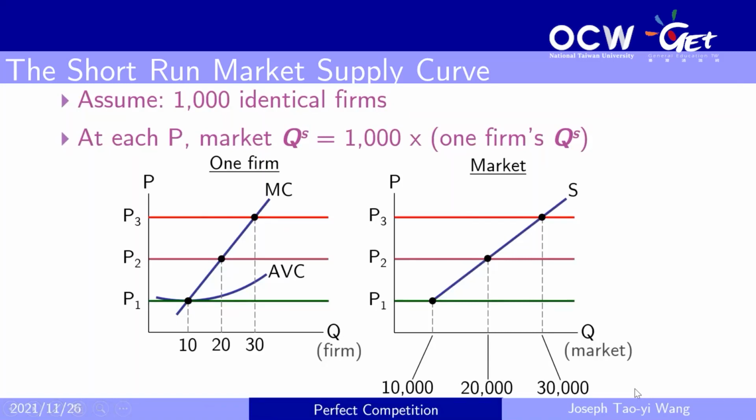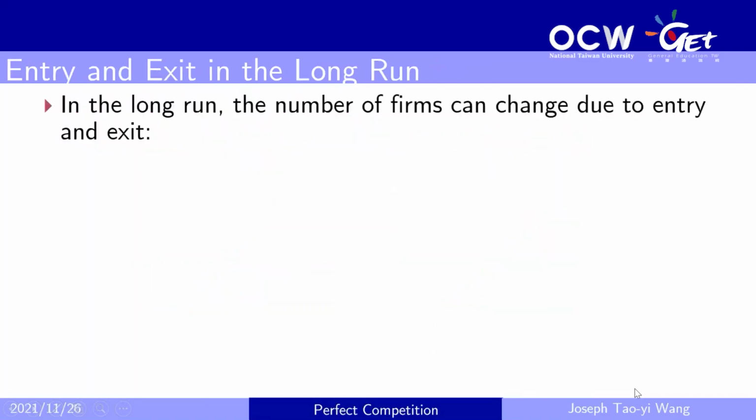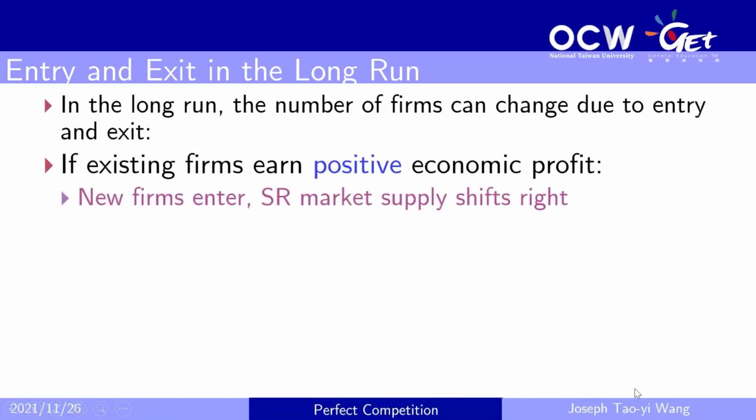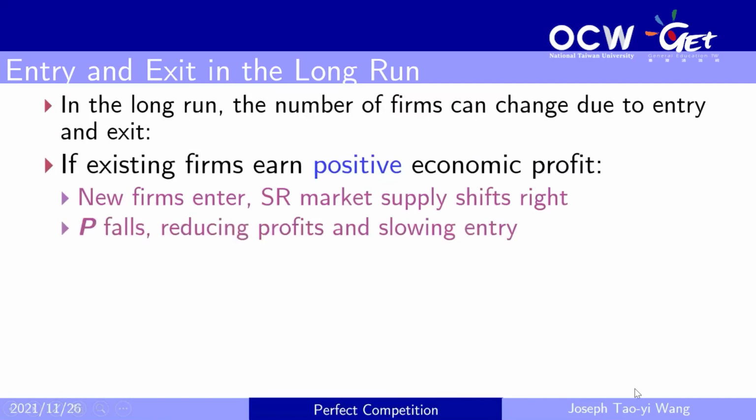And remember, here we're assuming that all of the firms are identical, they have the same costs, and their costs are not affected by other firms entering the market. So, and in the long run, okay, so that's the short run market supply curve. In the long run, remember, there is free entry and exit. And the key thing is this. If the economic profit is positive, then new firms will want to jump in. So what this means is that you're going to shift the short-run supply curve to the right because more firms are entering. But what that means is that the equilibrium price will drop,